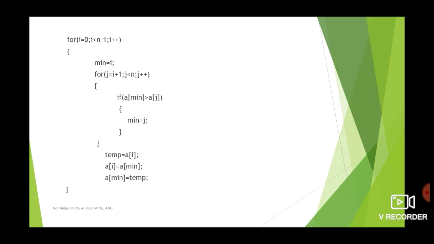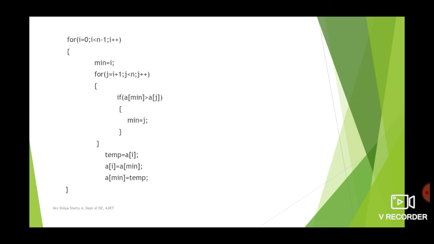So the first for loop indicates the number of passes and the second for loop indicates the number of comparisons. Or you can also take it as the i value indicates the fixed element, and j indicates the particular element compared with it. There is a minimum element compared with the other elements. So j will be the remaining indices following that ith index.